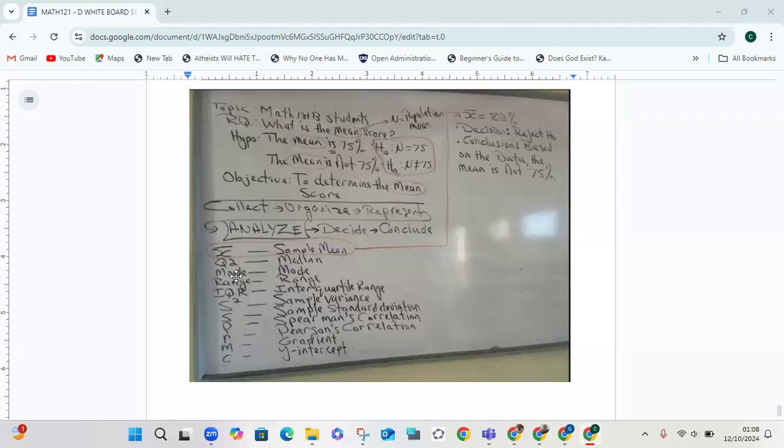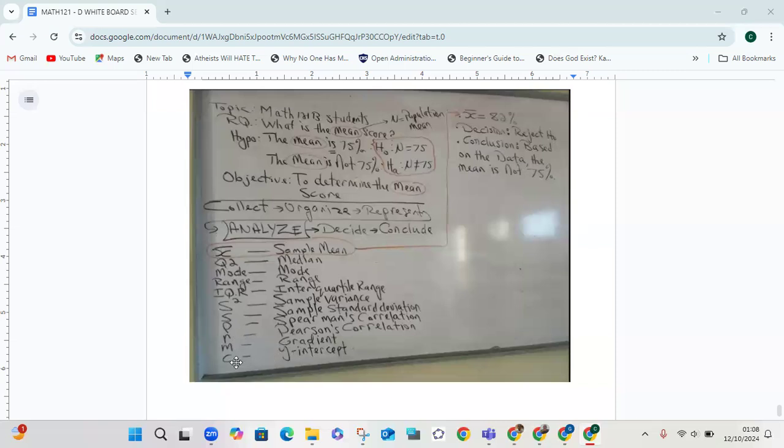The mode doesn't have a symbol because it's not so popular in numerical analysis. So a symbol was not required. Similarly, range. The interquartile range is normally abbreviated. Then you've got the sample variance, which is very popular, so a symbol has been created. Just like the sample mean, sample standard deviation, Spearman's correlation, Pearson's correlation, Spearman's ranking and Pearson's product moment,